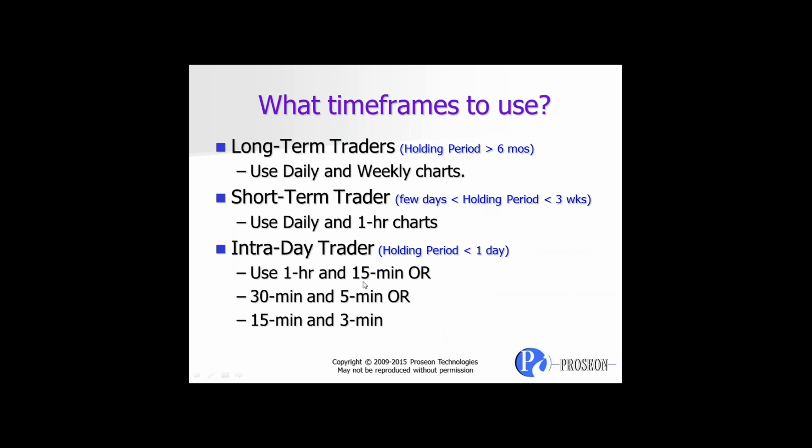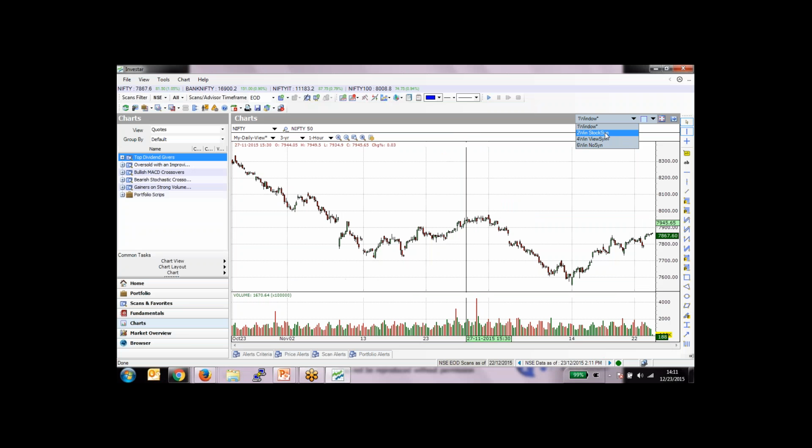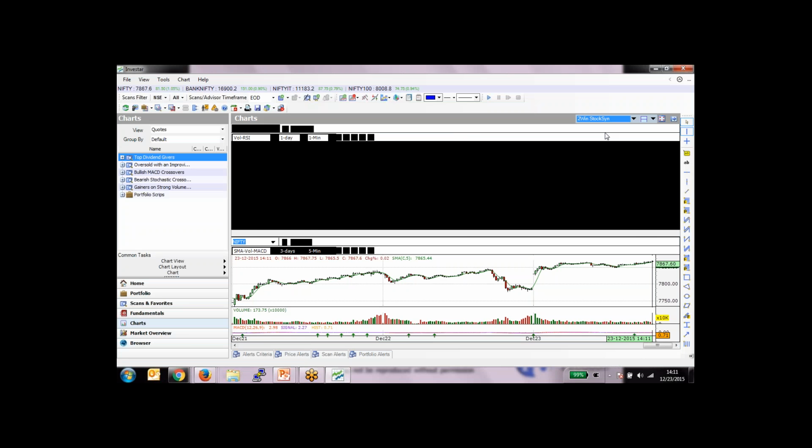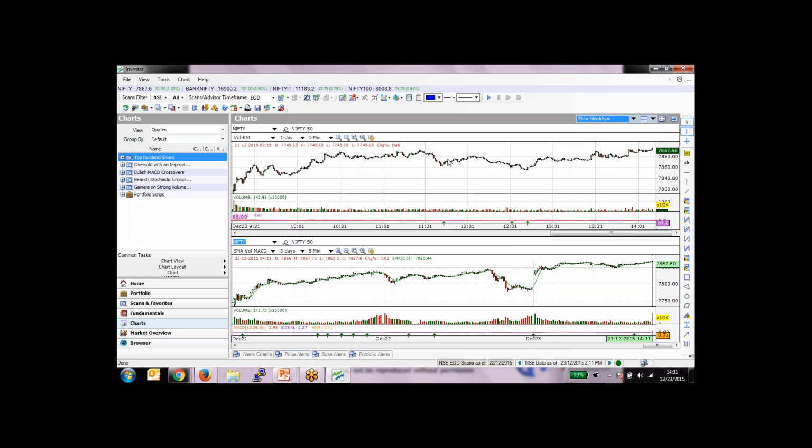So I can go to, let's create a new layout. These are again just like templates, these are layouts. So I'm going to start with a predefined two window stock synchronization template. Sorry, layout. This is a layout because a layout is basically more than a chart. So what is a layout? A layout is more than one chart with a certain template in each chart and a certain synchronization mode. Currently, as the name suggests, it was saved with synchronization stock mode,